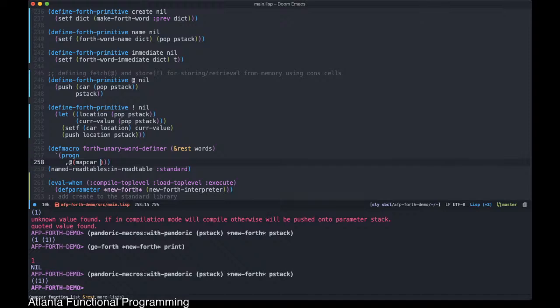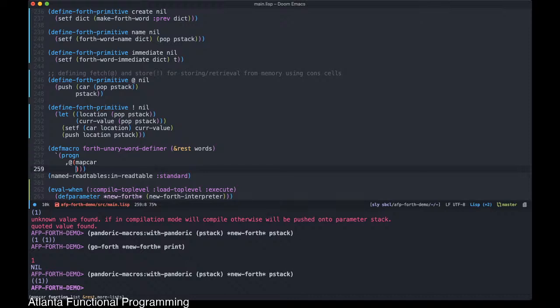We're map carring on the following lambda, which is going to define, again, we're using anaphoric macros here, so it's particularly useful to actually be able to stick this guy into